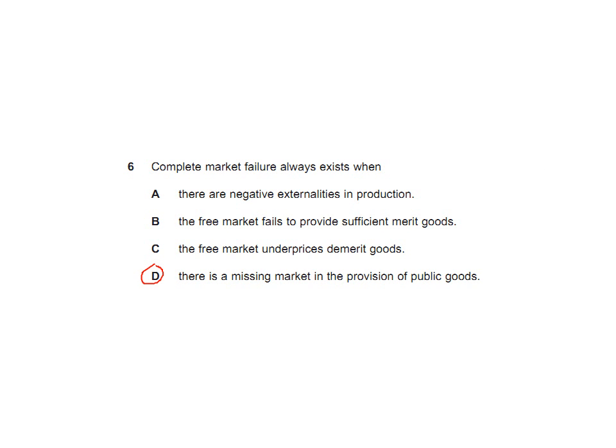Complete market failure always exists when, again, this inexact science of economics, what is obvious terminology to the board is not always obvious terminology to the student. This idea of reading through and seeing when there's an obvious answer really. In this case, it's the idea of missing markets, public goods. Left to the market, the public simply doesn't provide them. Therefore, it is a complete market failure. In terms of negative externalities and merit goods and demerit goods, there's some market provision, even though it's not an efficient market provision. So the answer in this case,